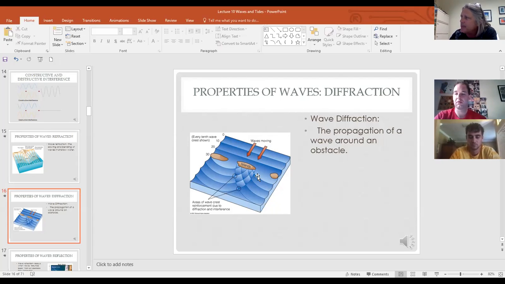Also, as waves come in, remember they bend toward that island. Behind the island, you get a lot of chop because those waves are bending around there and then they're interfering. So you're getting a lot of constructive and destructive interference around these islands, around barriers, causing very choppy water. So areas around passes are tricky to navigate in a boat and should never be swum in because of the